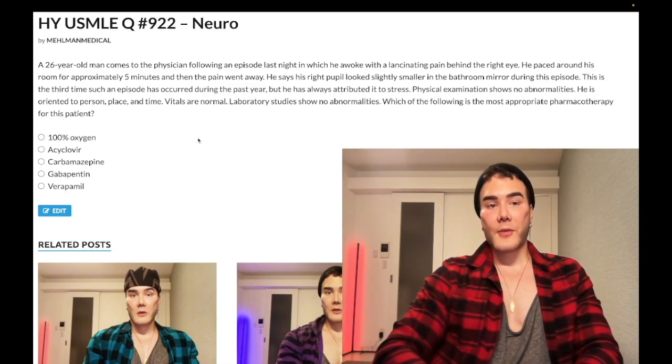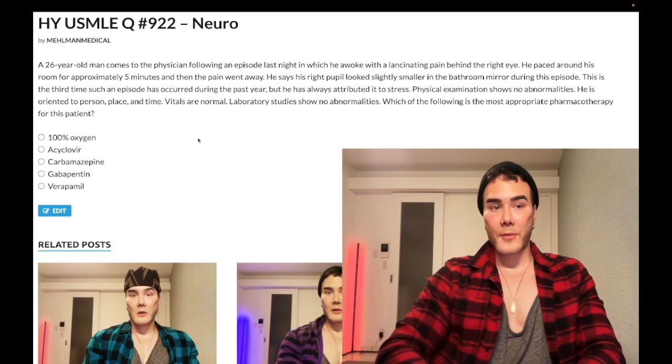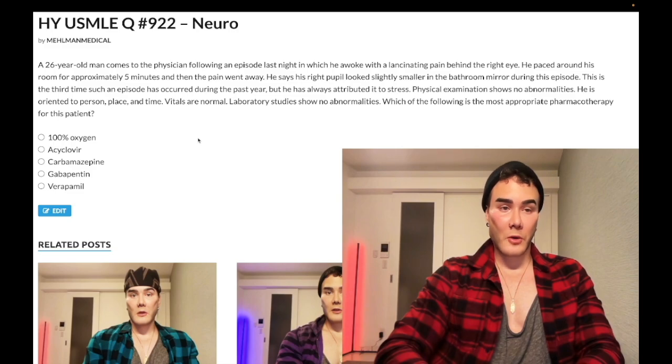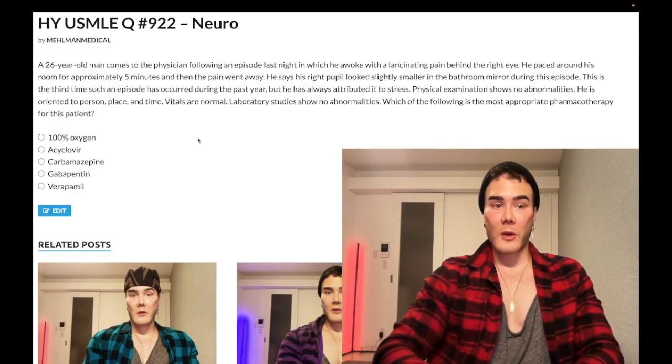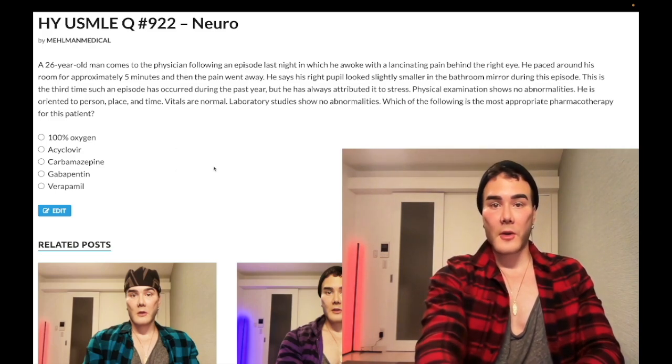It's when we have a V1 distribution, the ophthalmic distribution for trigeminal neuralgia, that it can be misconstrued as cluster headache. But as I just harped on, it's going to be a minor stimulus that precipitates an episode for trigeminal neuralgia. It's not going to be a male in his 20s to 40s being awoken from sleep. Wrong answer.